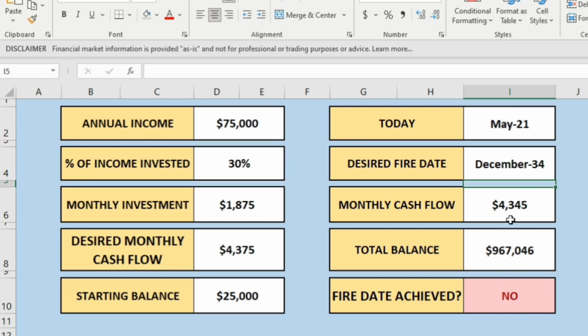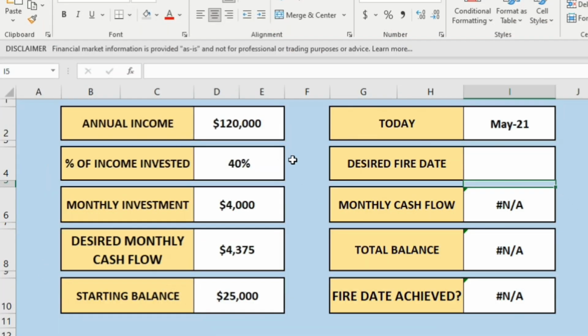We've got $43.75 versus $43.45. Remember, when we're working with dividend stocks here, we don't have to sell our investments. We can live off the dividends and our capital balance will continue to grow. And with dividend stocks, if you're picking dividend stocks that have a growth rate involved, that dividend is gonna grow